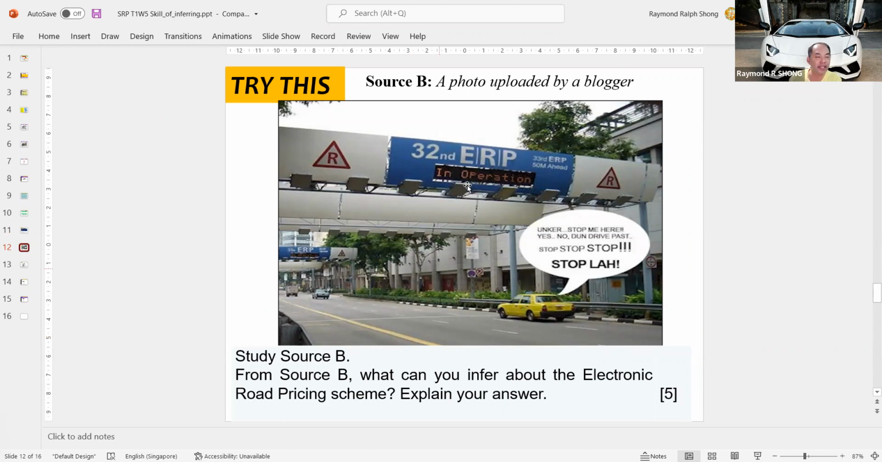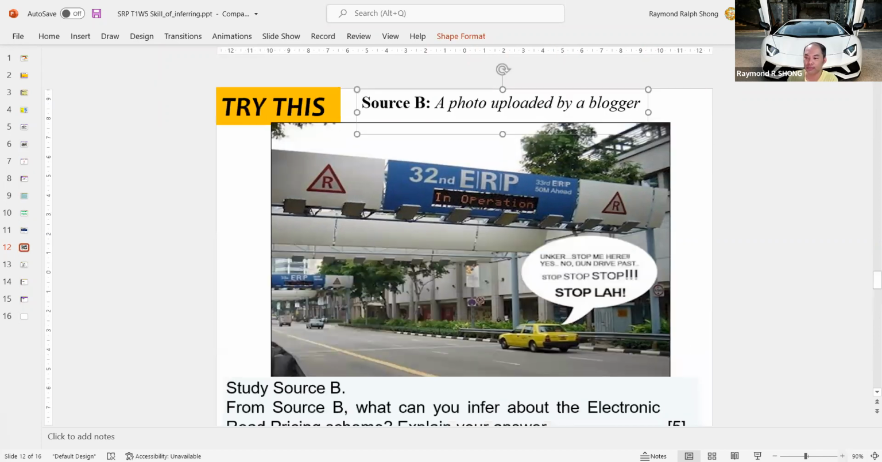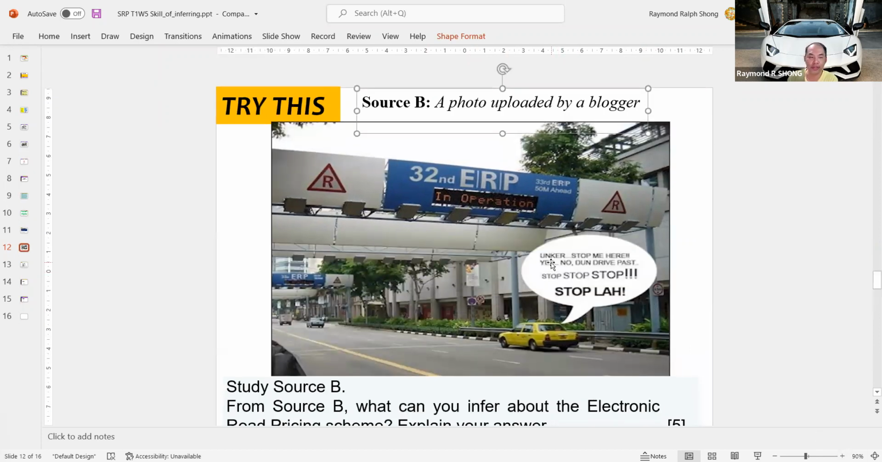Yang Xiang, Zhao Xuan, the source is a photo uploaded by a blogger. Okay, you tell me, positive or negative? 你不要看 picture 啦，不要玩错啦。So usually a blogger can be neutral, positive, negative, right? So 很乱. But 当你看那个 picture，你看来，uncle，赵璇。David。